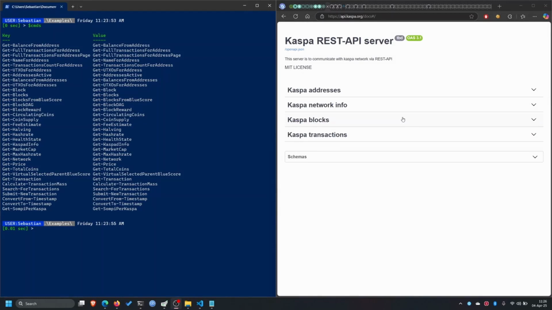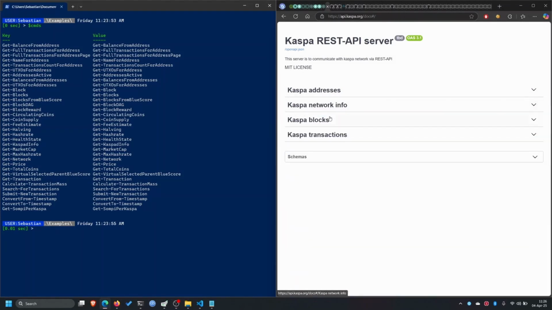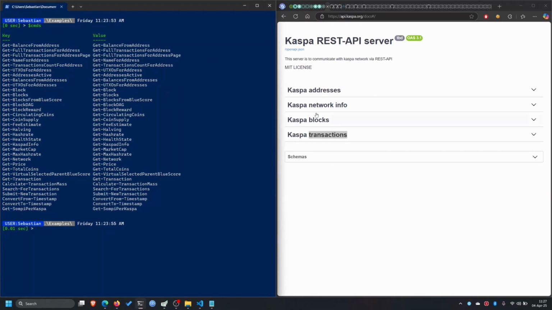Kaspa for PowerShell allows you to make calls to Kaspa REST API endpoints, and here are the REST API endpoints. Most of the commands available in this module map directly to those endpoints. There are some exceptions, for example those last 3 commands here, but the rest of them map directly. Now we're gonna briefly look at all those commands,